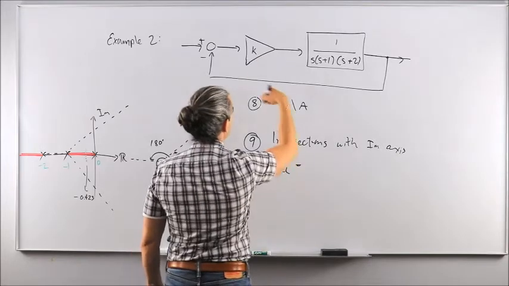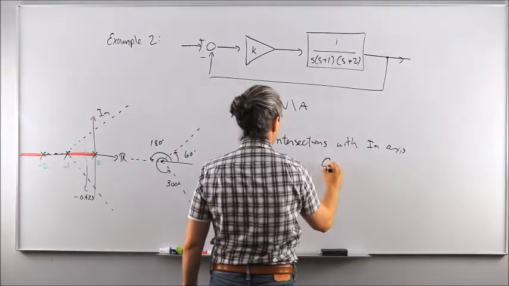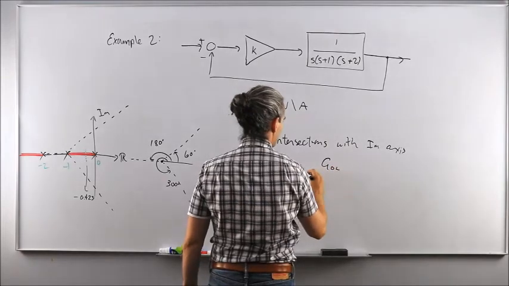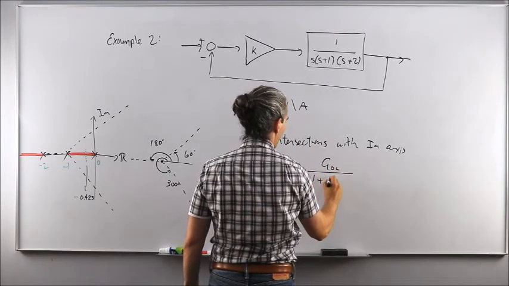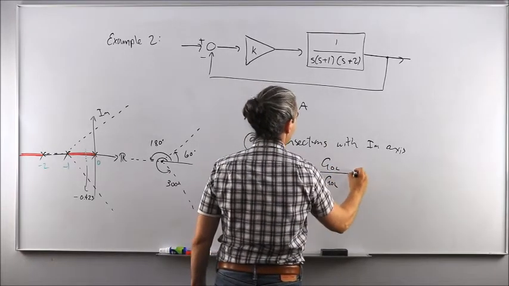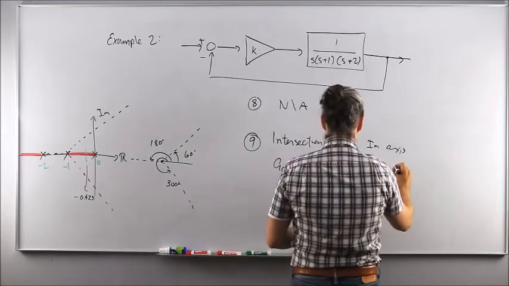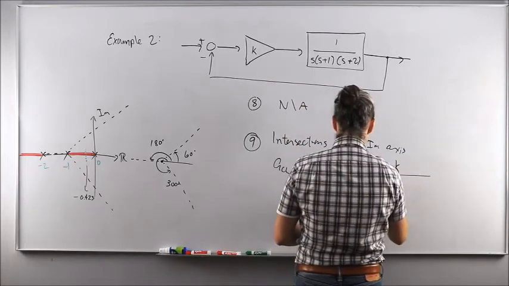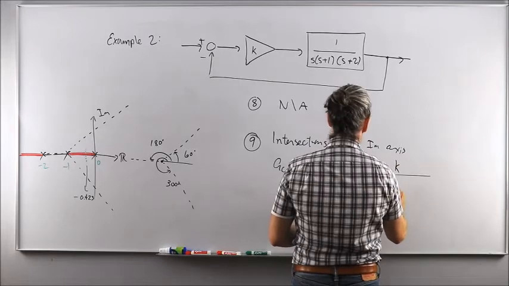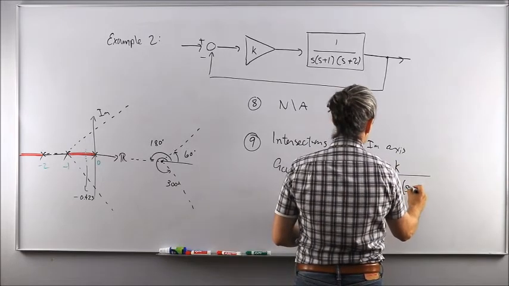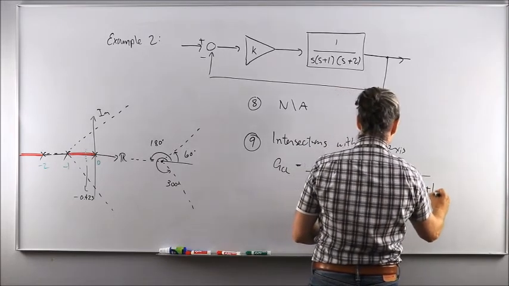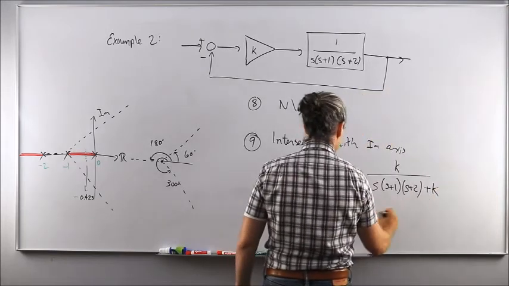And in that specific feedback configuration, you should know by now that closed loop is equal to open loop over 1 plus open loop. And that would give you k over s times s plus 1 times s plus 2 plus k,